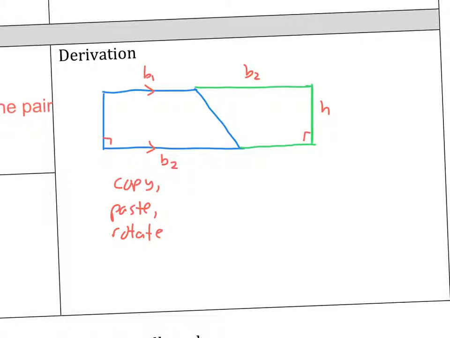So there we go. Now notice the area of this large situation would be add the B1 plus B2 multiplied by your H. So that's the area of this large thing. So if we say B1 plus B2, and so our area is like this, but of course all we have to do now is cut this thing in half. So there's a derivation of the two different formulas that we are